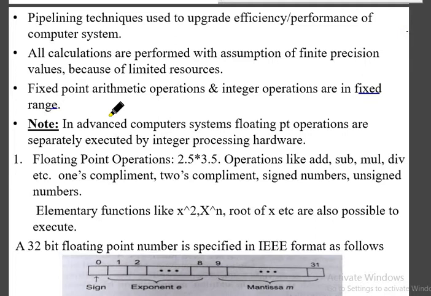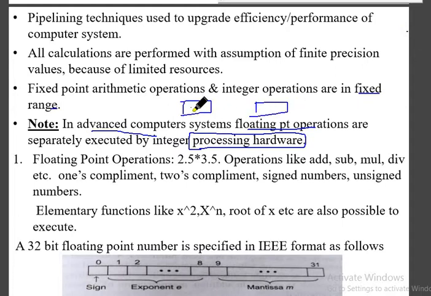Now one important point we have to observe is, in very recent computers, floating point operations and integer operations are executed on separate hardware. This point is very important. We have separate hardware for integer as well as floating point operations. When we go for some explanations in the case study, we will come to know. So floating point hardware is separate and integer hardware is separate. Integer is very simple, floating point will take more CPU cycles.